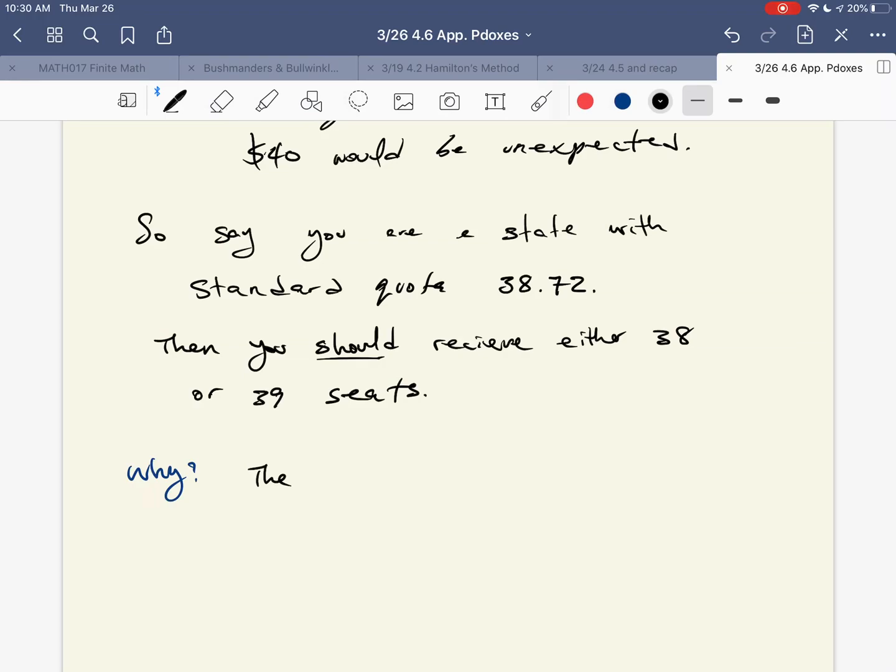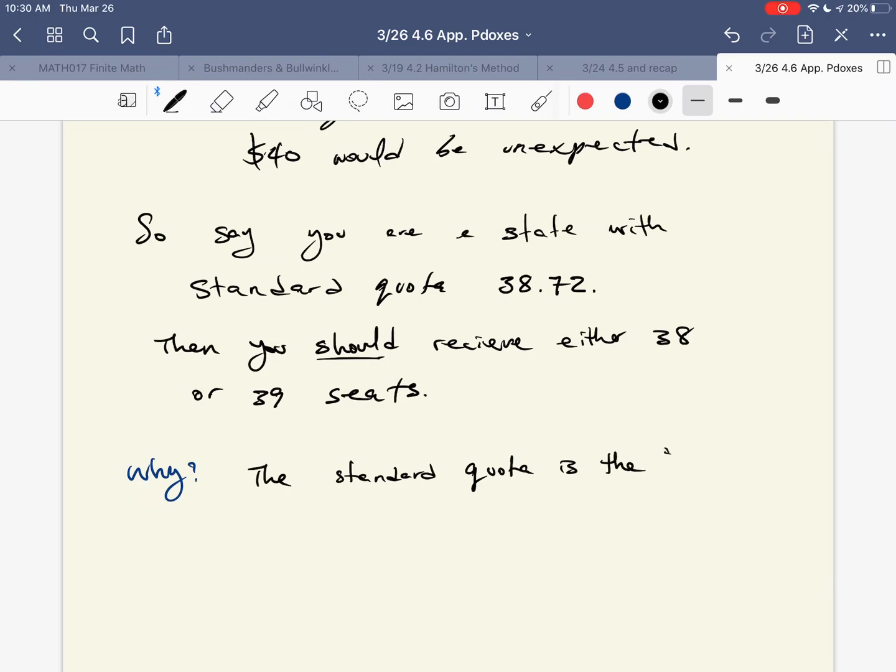So if 38.72 is the true number of seats that you deserve, then any fair apportionment method should not differ from that standard quota by more than 1 seat. That's the idea: if it's a fair method, it sticks close to what you really do deserve in the true sense, 38.72 seats. And if it sticks close to that, then it shouldn't differ from that by more than 1 seat, because if you go in either direction by 1 seat, you pass through a whole number, and that whole number should have been given to you. So,